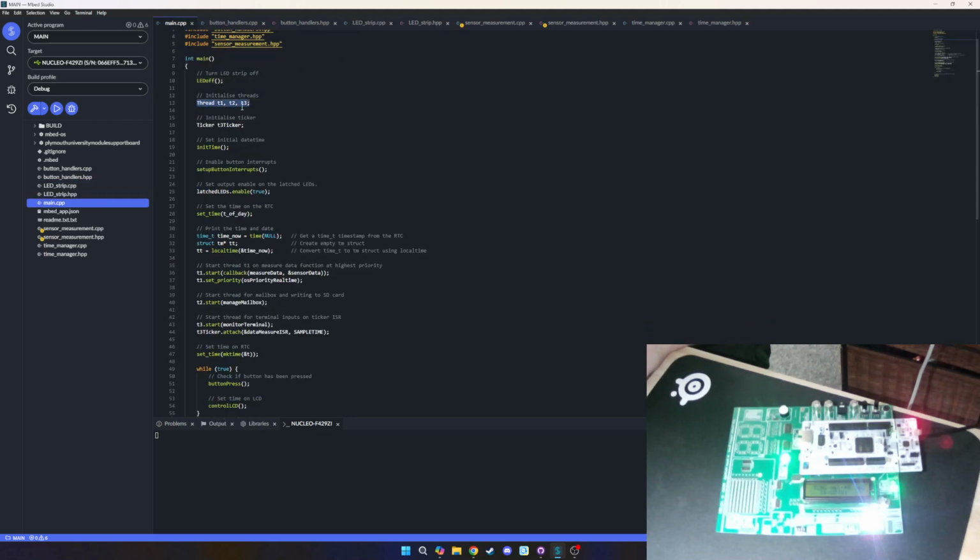Next, we'll initialize our threads. T1 is going to be used for measuring data, T2 is going to be used for managing the mailbox, and T3 is just going to be for monitoring terminal inputs. So as you can see, at any point during the code, you can type to it and it won't cause an issue. This T3 ticker is essentially for where the data